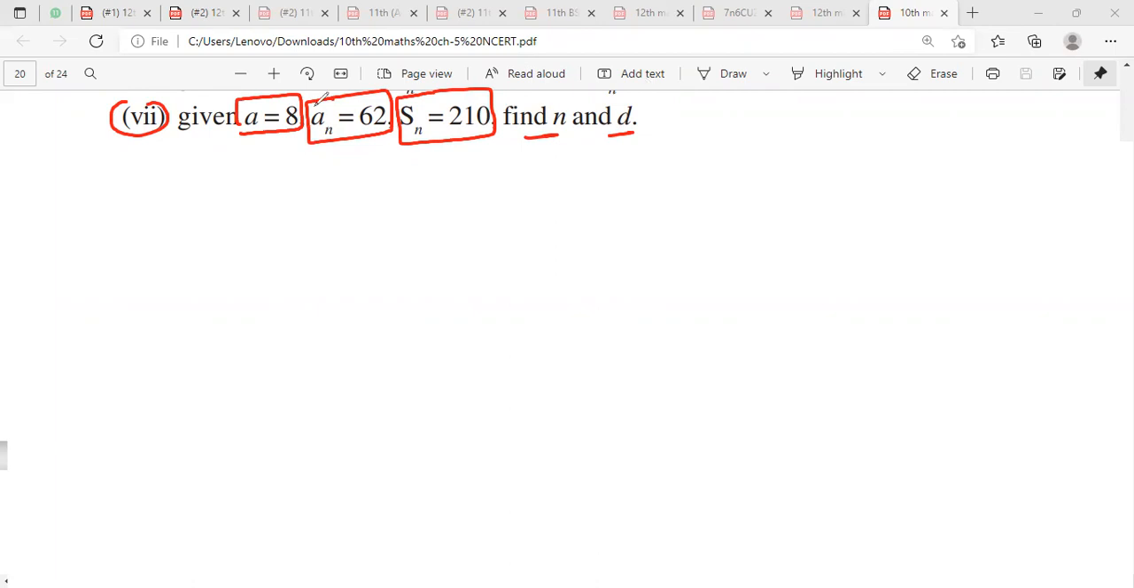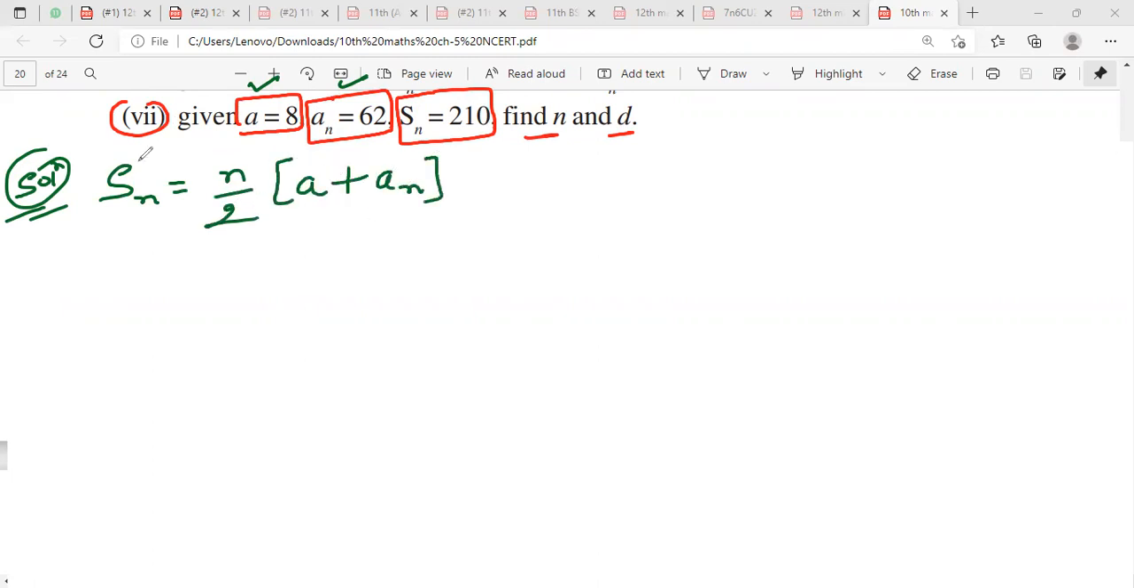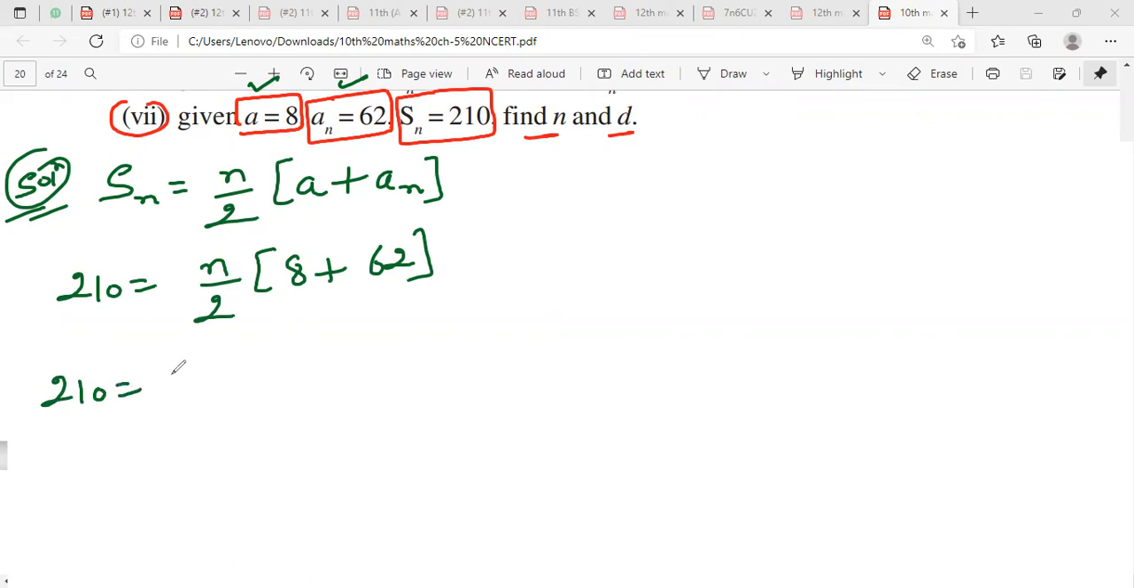Now in this question you can see that the first term is given and the last term is also given. So can I write it as Sn is equal to n by 2 within bracket a plus an. Sn is 210, n by 2, a, that is 8, and value of an is 62. Now 210 is equal to n by 2 into 62 plus 8, that is 70. So can I say that n is equal to 210